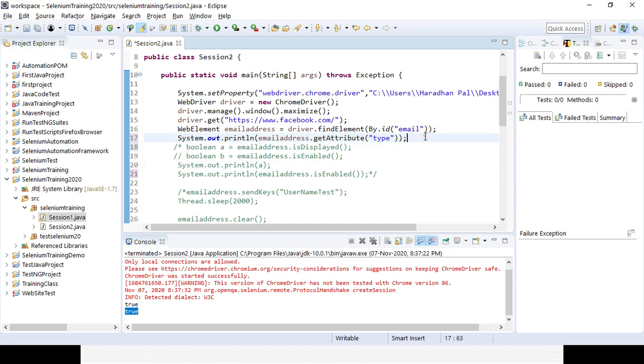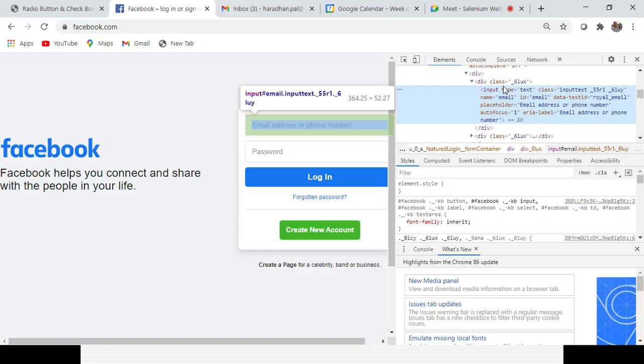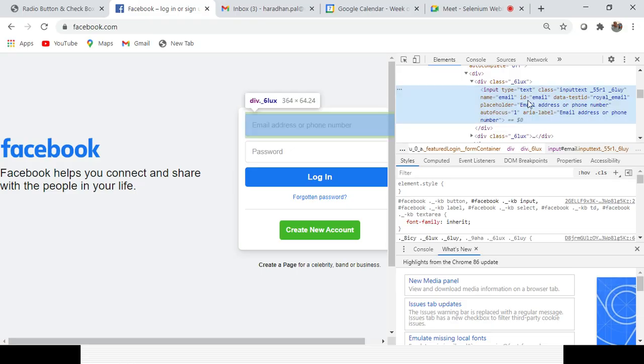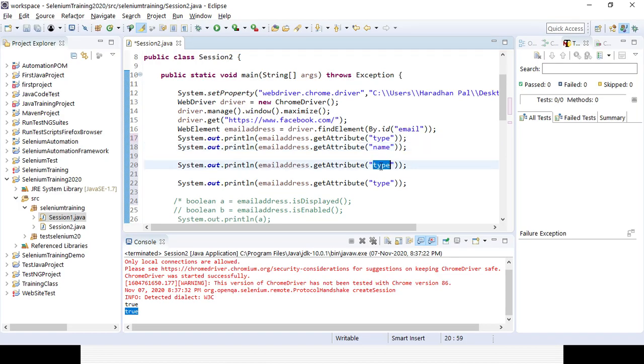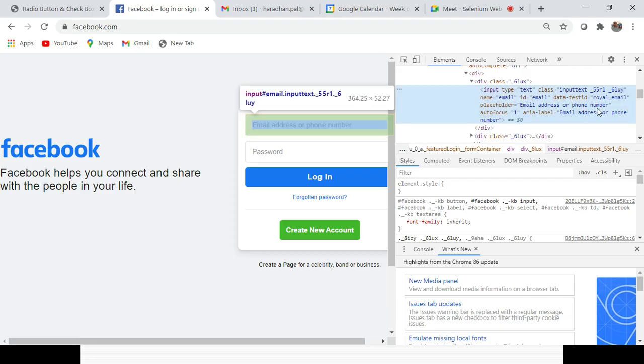I also want to get the other attributes. First I want to get the type, then the name. Here you pass the attribute and the value will be displayed. I want to get the ID, and suppose another one, data-test-id, I want to get it.